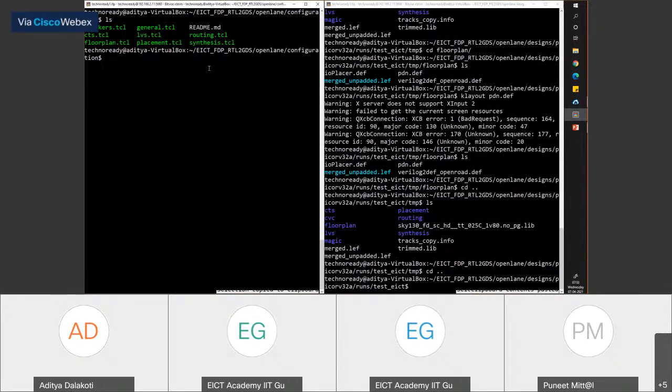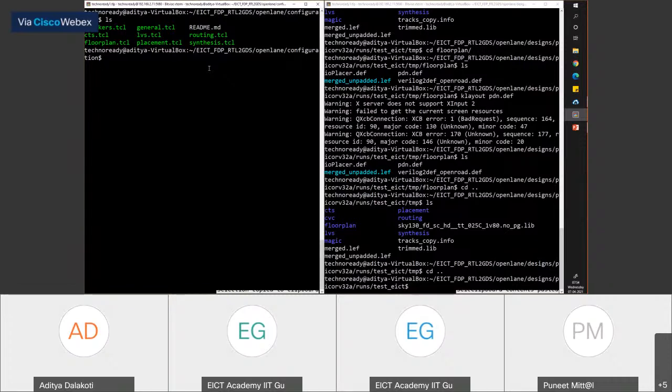Then I'll give you an exercise to do manual macro placements yourself for your RISC core. Then, as we go along, we take quick sessions on CTS and routing, and then we'll do some regression testing scripts, and that is going to be it. Now that you are fluent with the tool, it will move a little faster in the next couple of sessions, and we'll cover the little leftover portion.